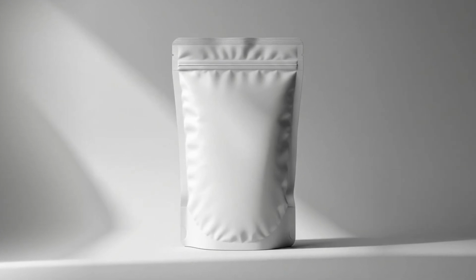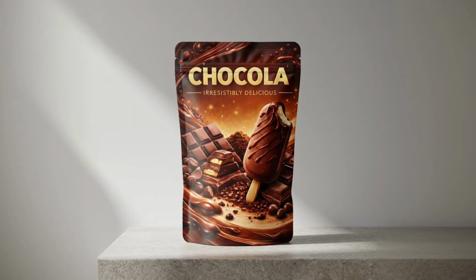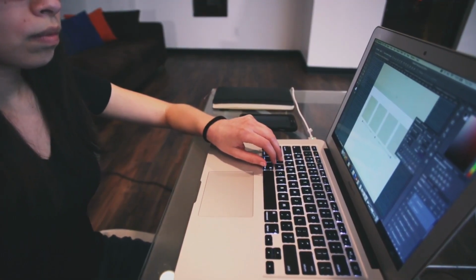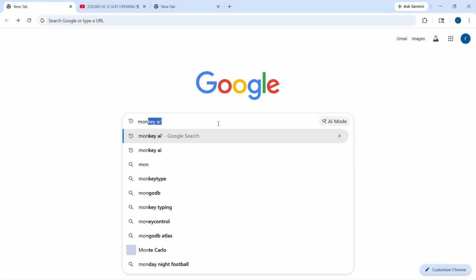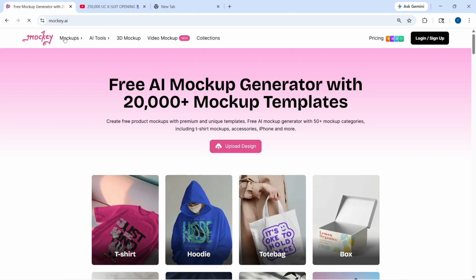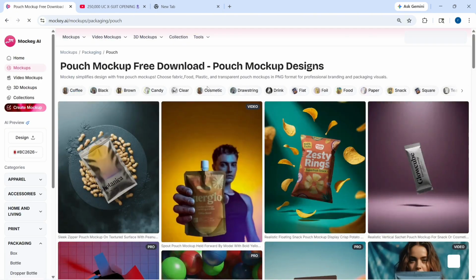Creating premium brand product mockups is now fast and easy with the help of AI tools without needing complex design software. Start by opening your browser and searching for Mockup AI, then open the website and navigate to the mockup section. From there, go to the packaging category and select the pouch option, where you'll find a wide variety of